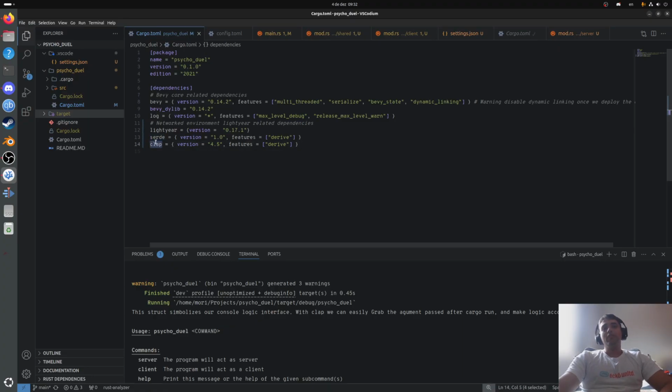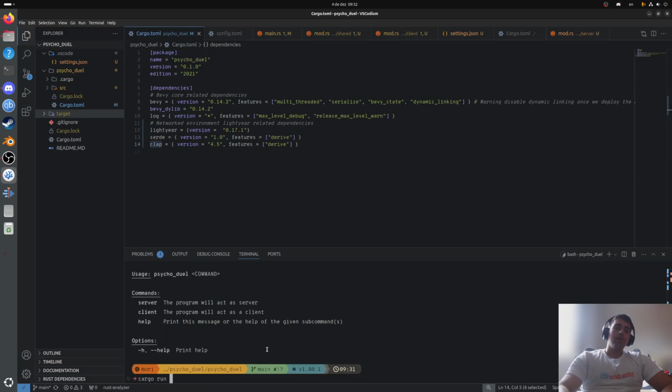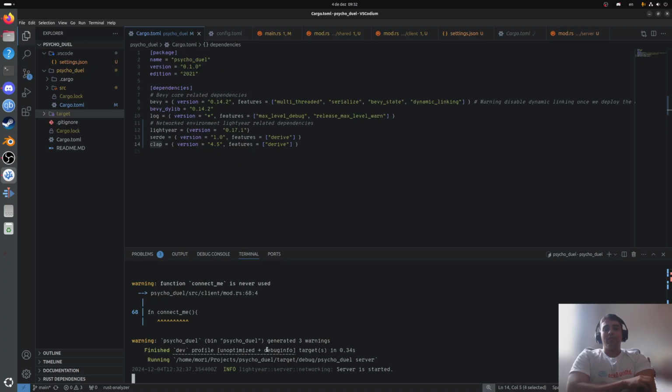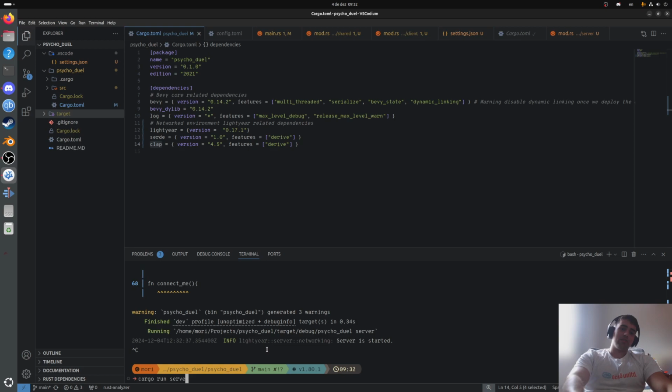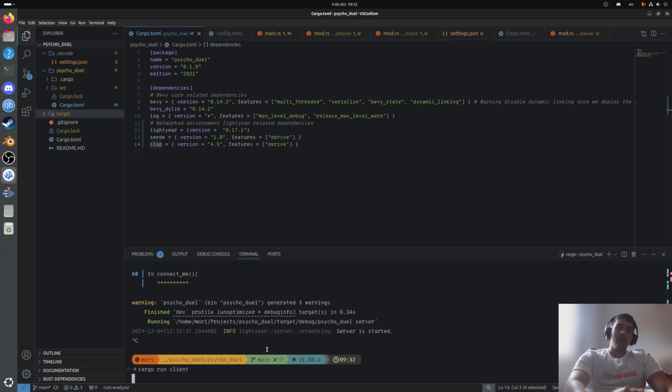And clap is something that we're going to find out about in the next episode, which is basically going to be a CLI that points to a server. So when we run the command cargo run server, this is going to tell me, hey, run server. So like here, server started. We're already running the server. Oh my God, look at the magic that we are doing, right? We've got to thank Perinky for that.